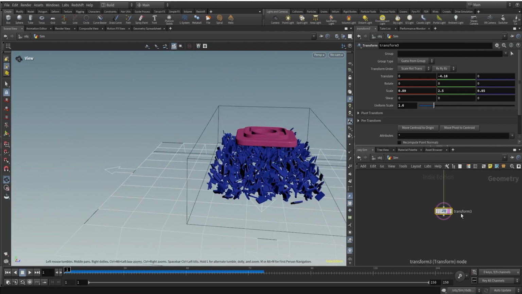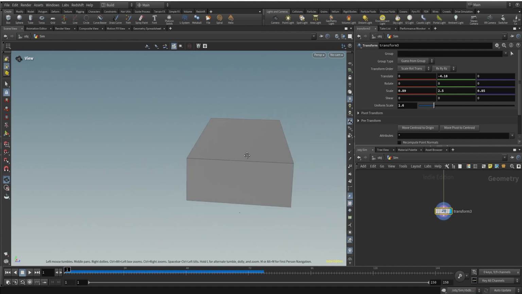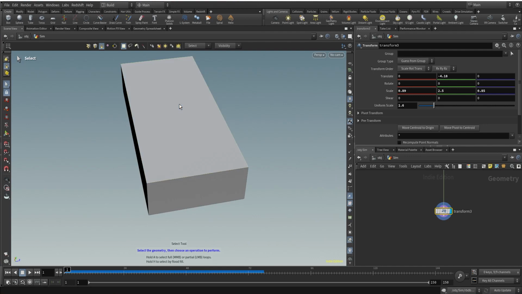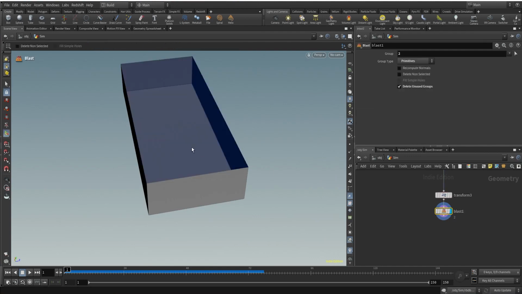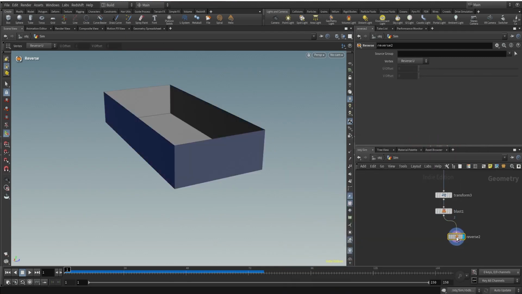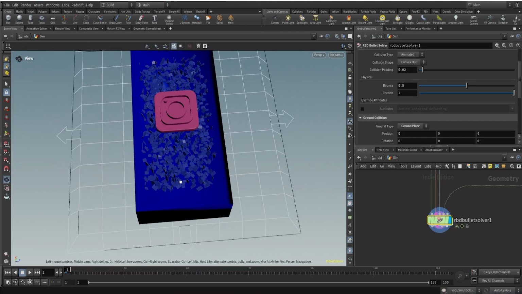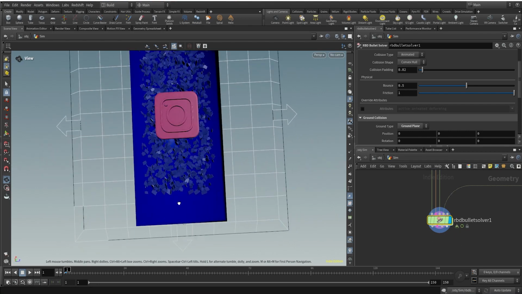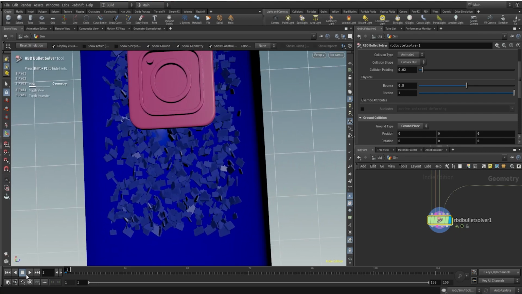We need to open it. So what I'm going to do is I'll just select the top part of it, this primitive, and I'll just press delete button, and this will give me a blast node which has already deleted that part. I'll use a reverse node to reverse the normals, so that the inside part faces up. That's what I meant. Okay, I'll just connect this geometry to our collider input like this, and now you can see these are our like buttons, and that is our Instagram logo. And when we run the simulation,